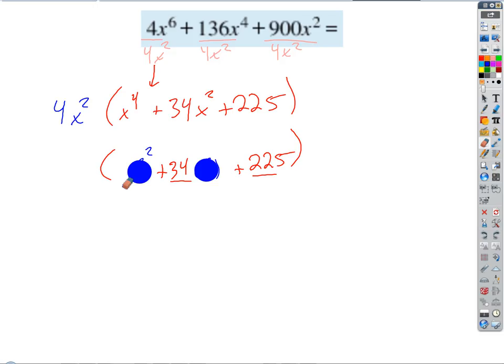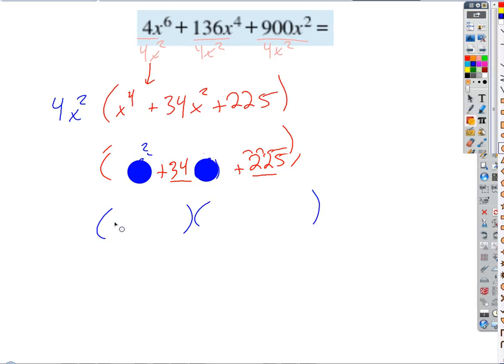Okay, that could maybe factor, right? That looks like one of the magic number type problems that we tried to do back in Module 3. Well, what would the magic numbers have to multiply to? 225 and add to 34, if it's going to work. Well, let's just see if we can make that work. So then we'd end up with,